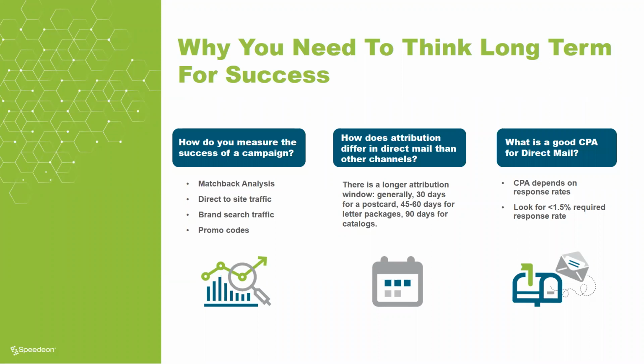And obviously with direct mail, it is a longer process. It could take anywhere between 30 and 90 days to start to understand how it's performing. And that's another thing to really take into consideration. As Matt mentioned earlier, it's not nearly as fast as Facebook or digital, where you can turn on a campaign and within 24 hours, turn it off or ramp it up. You really need to invest a lot of time and energy into this channel to make it work. Yep. Yeah, and you couple this 30, 60, 90-day attribution window with the 60, 90-day planning process that